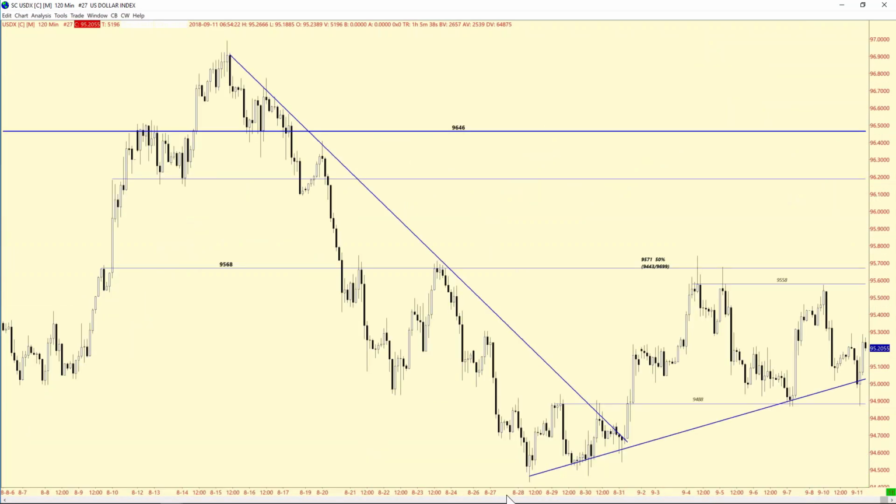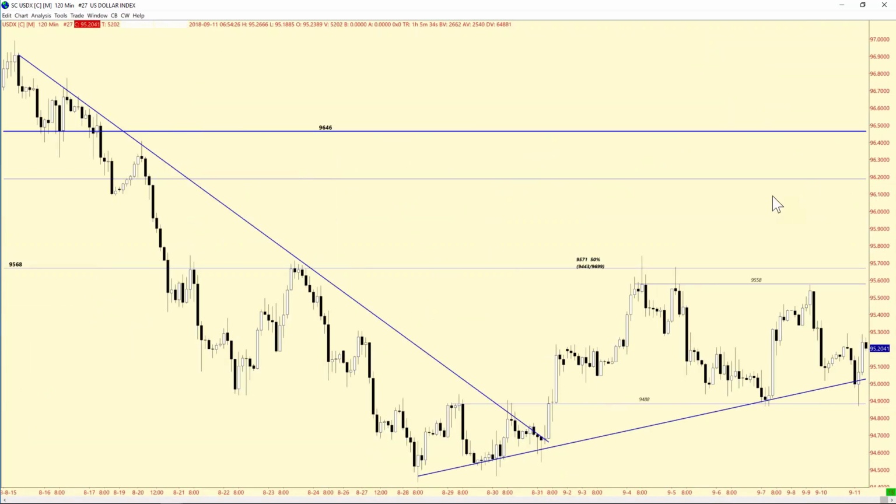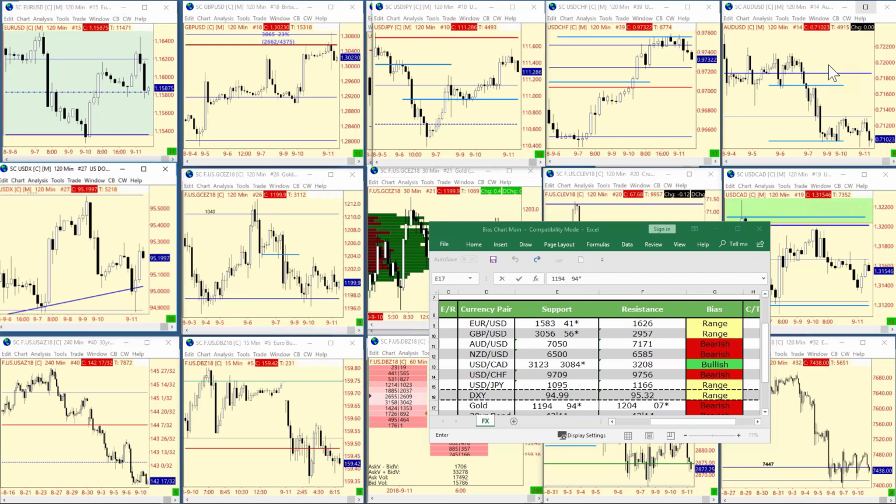Just go in and play these tight ranges. It's one of the reasons why my analysis is now focused a whole lot on a smaller time frame, because that's what we're dealing with at this point. Let's move now to the gold market. We are pushing up against time.